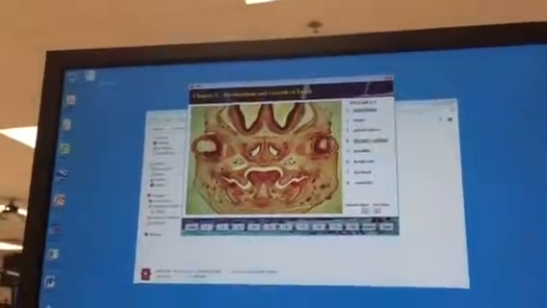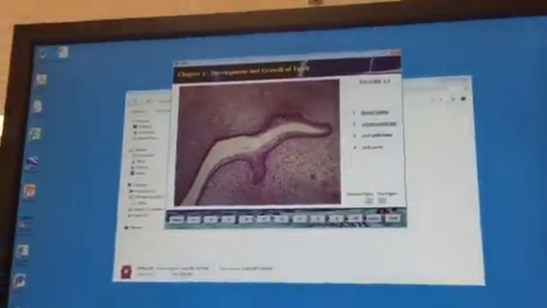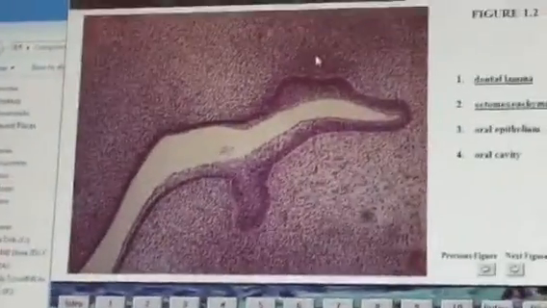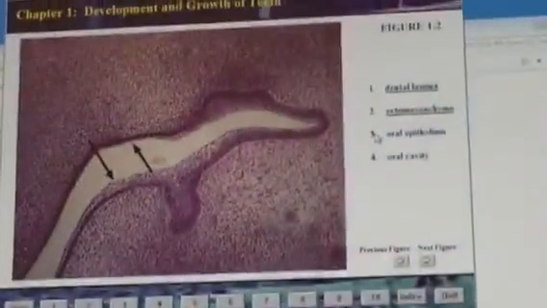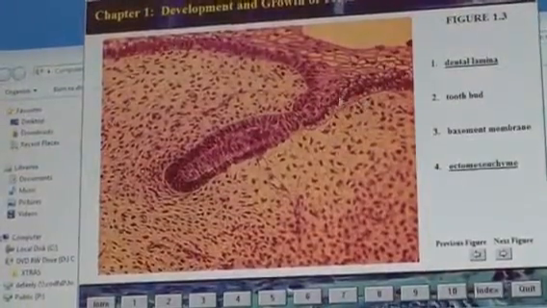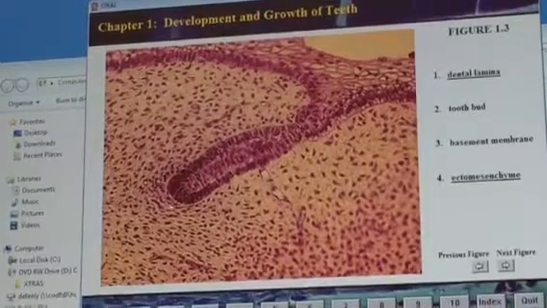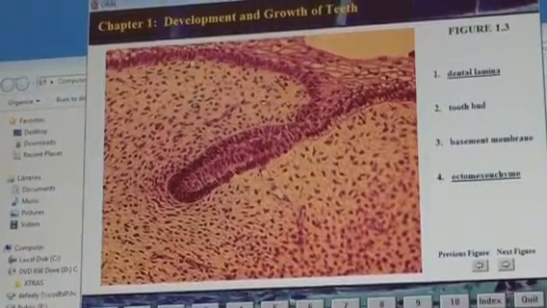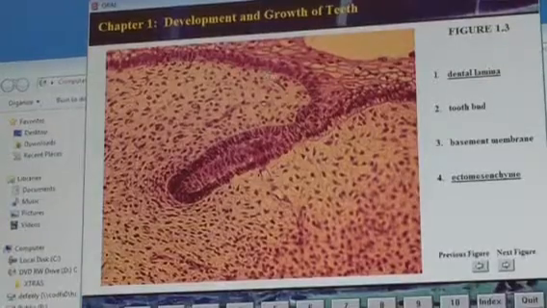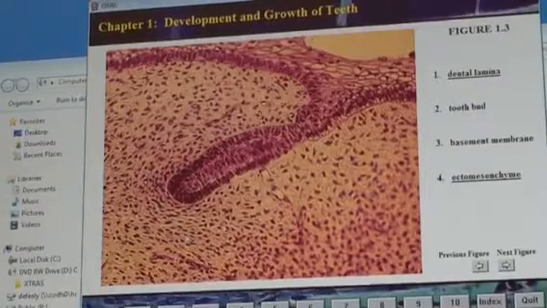Again, you can see a bit of a condensation of that ectomesenchyme. So here's the dental lamina, there's ectomesenchyme, that's the oral cavity right there, lined with the oral epithelium, which would be an ectoderm. And as we go to the next slide, there's the bud stage. So there's dental lamina down, we'll say to about there, and there's the bud right there, and you can follow that basement membrane, that basal lamina, all the way around, separating this epithelium from the mesenchyme,